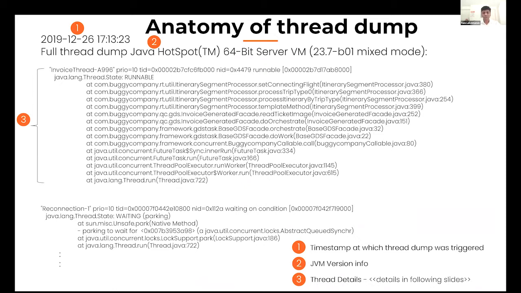Your applications may have a few hundred threads, and it will show what lines of code they are executing, and if they're holding on to any locks, it's going to tell what locks they're holding on to and what state they are in. So this is how a thread dump looks like, right? Whenever you have problems, like your application is becoming unresponsive, or it's having a deadlock,